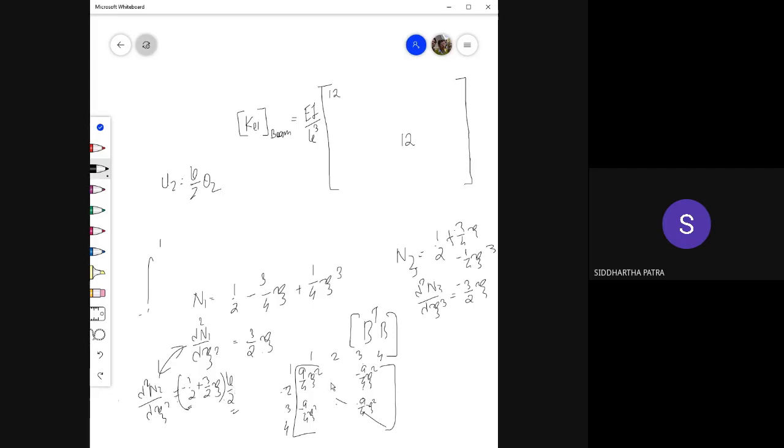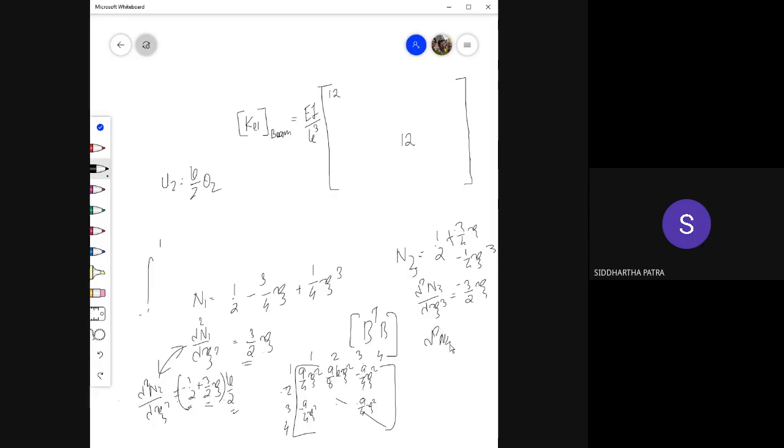Otherwise this will come inside the matrix. So the only term that you are supposed to integrate is this product. So again, 9 by 8 LE xi squared. Similarly you can find out